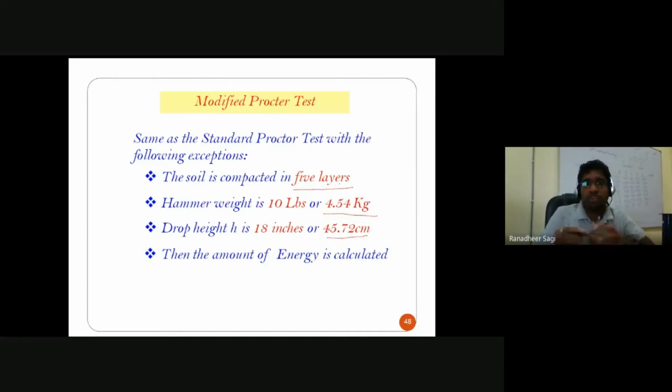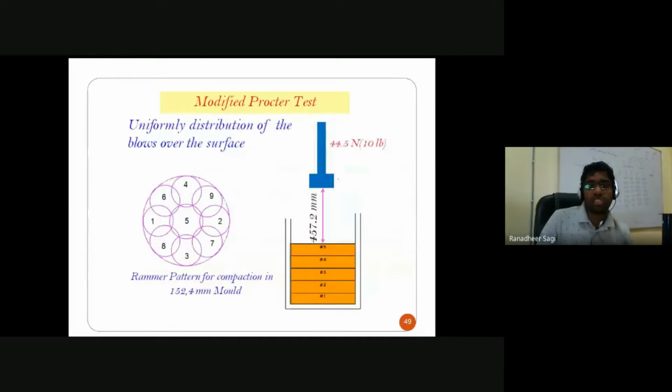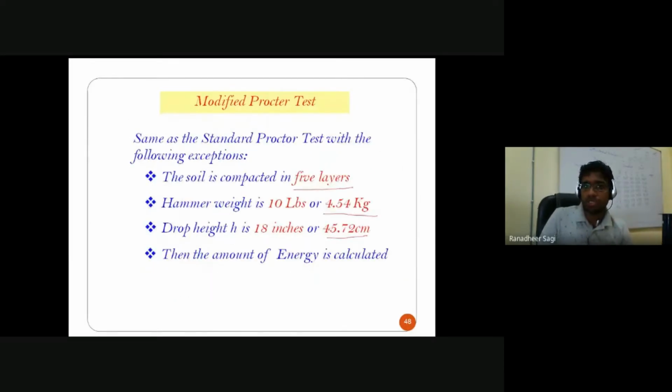If the mold is of a bigger size, as we discussed in the last class for the standard Proctor test, in method A and method B we use a mold of 1000 cc volume, whereas in method C we use a compaction mold of 2124 cc volume. In such a case, in either the standard or modified Proctor test, we give 56 blows for each layer. But if it is a standard Proctor test, only 3 layers are placed, whereas in a modified Proctor test, the soil is placed in 5 layers, where each layer is compacted with 56 blows.